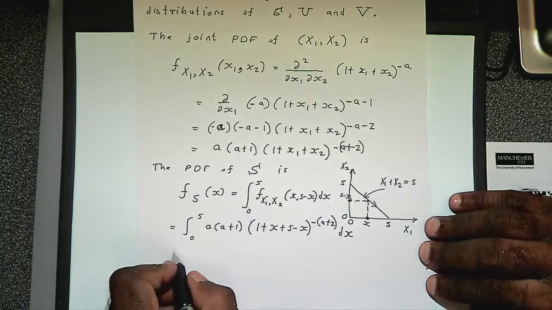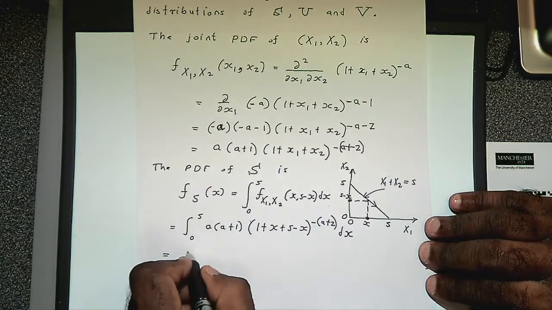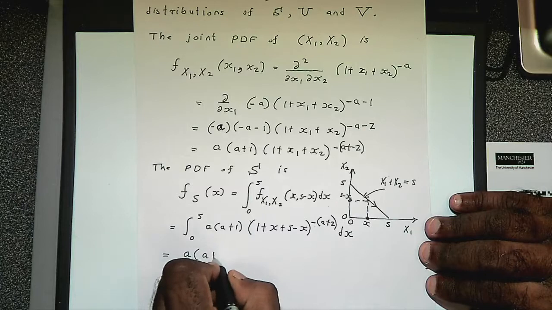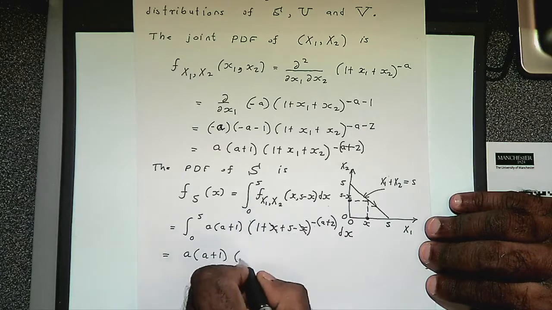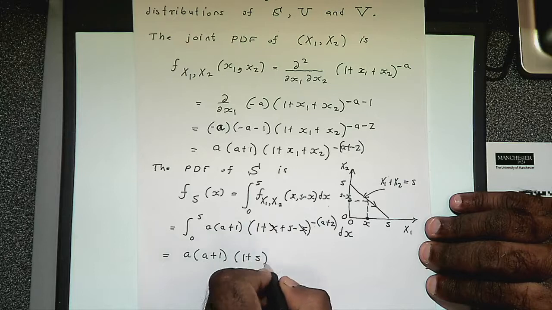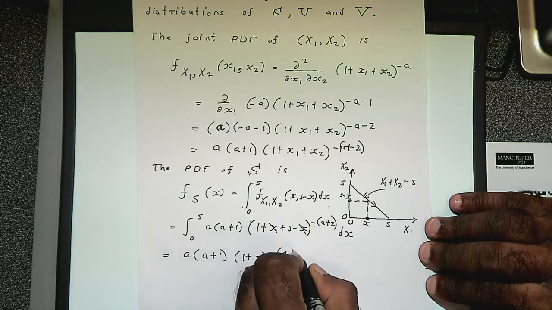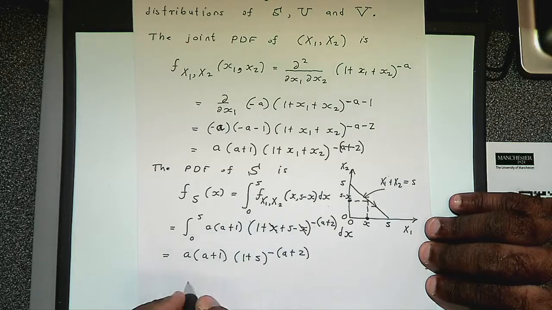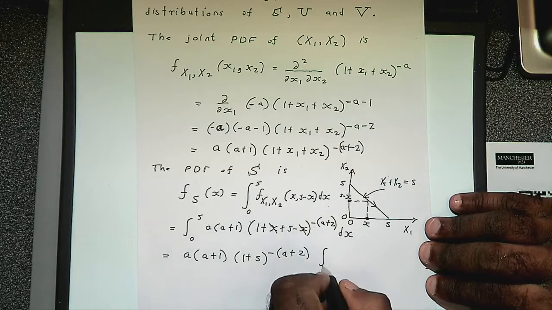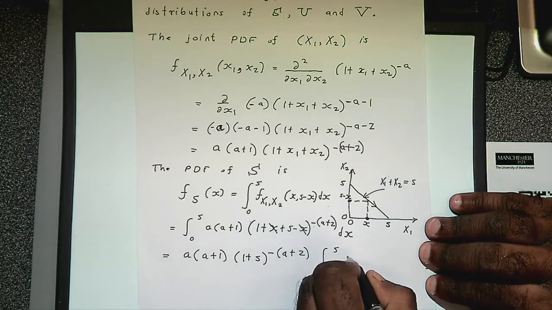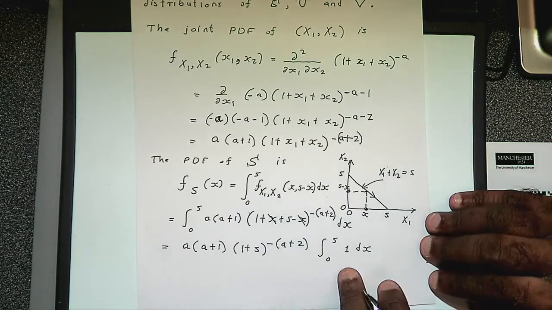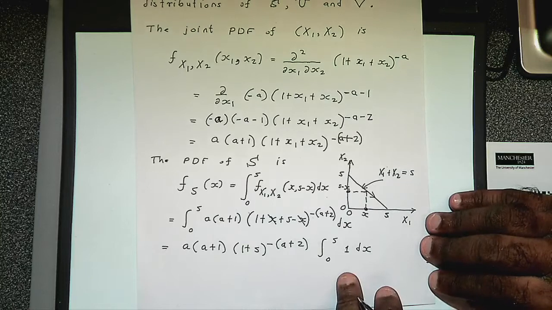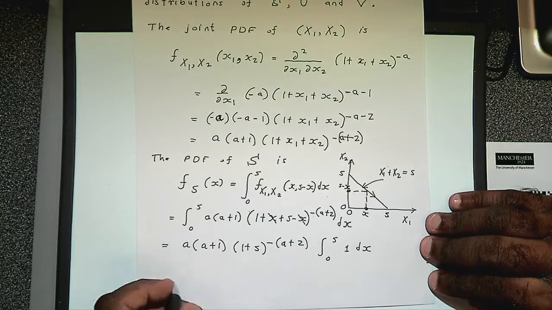Right, now a times a plus 1 is a constant. The x cancels, so 1 plus s, you can take it outside, and inside you have just the integral of 1 times dx, right? And the integral of 1 from 0 to s is simply s. So the answer is